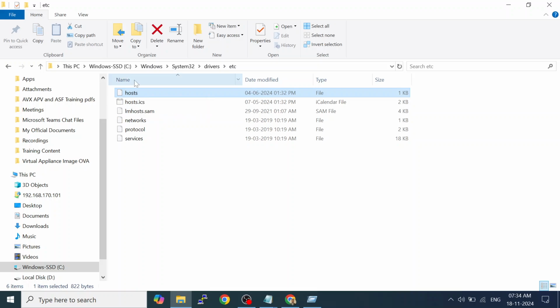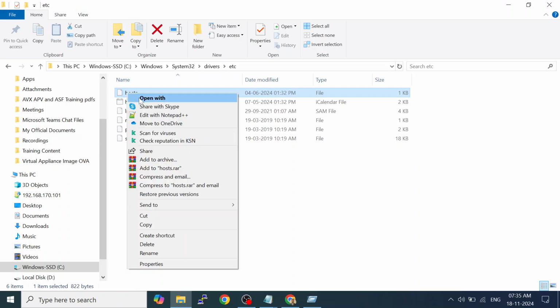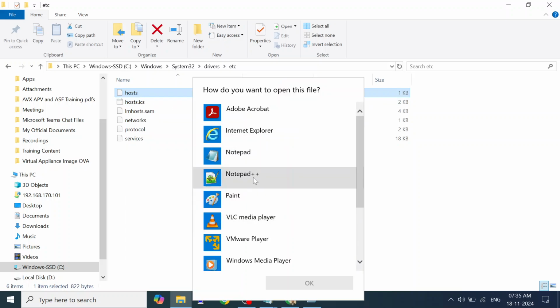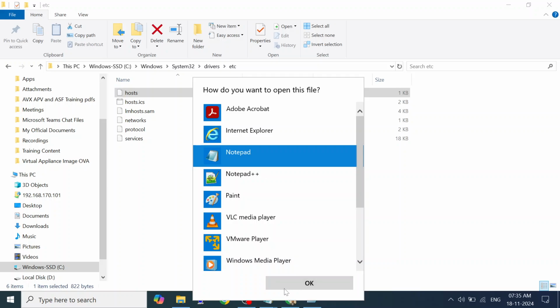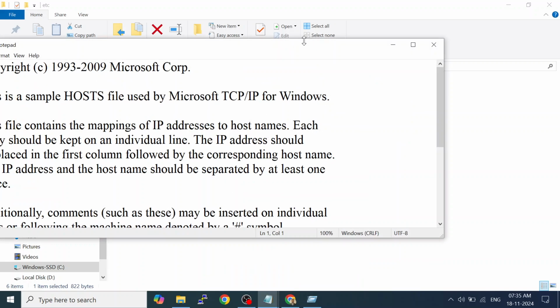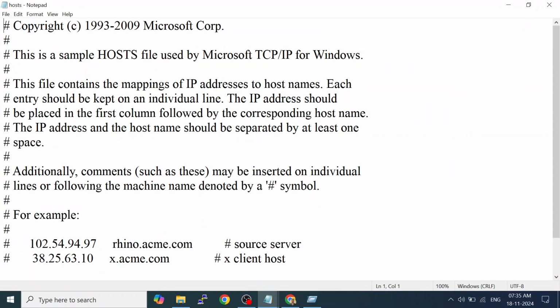So this host file contains the local entry. Local entry means if you set here that for this specific name, this is the IP address, like this you can set it here. And it is similar to our Linux script. In Linux, if we have to disable anything, we put hash before. Okay, so here some IPs are there, but hash is mentioned, so it will not be effective. If I remove this hash, means for this name, we will have this IP address. So like this, we can do entries.